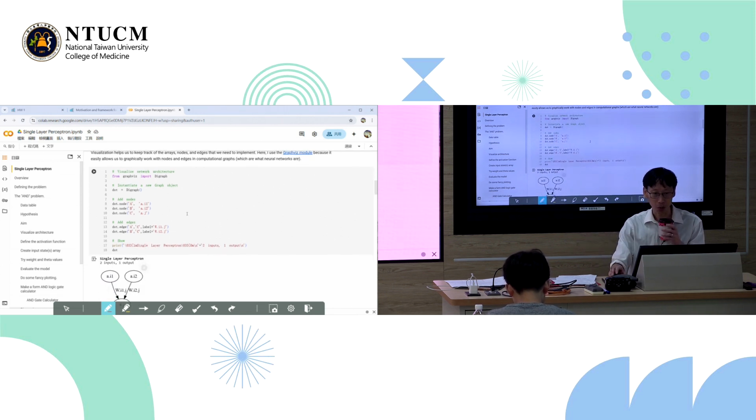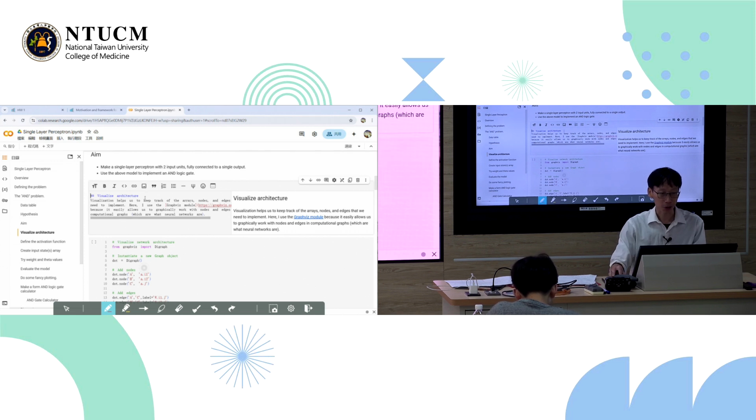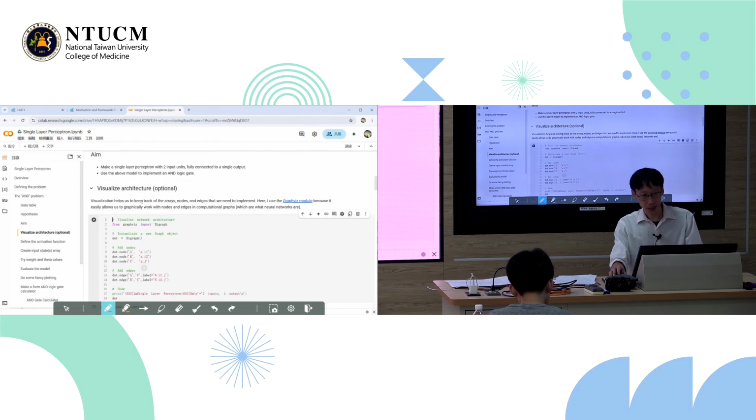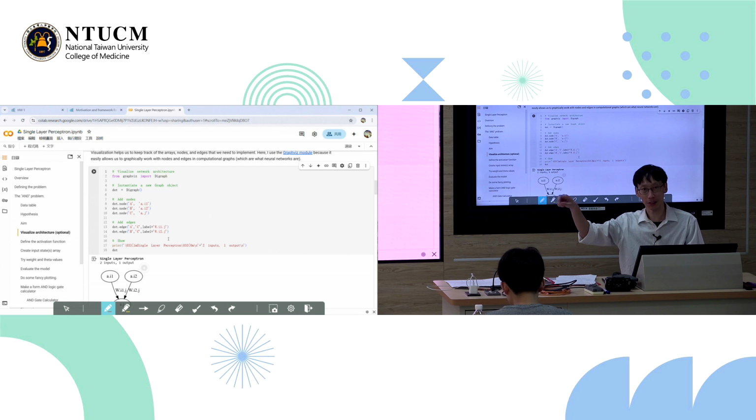This visualize architecture step is optional, but it does help us get a clear picture about what we're doing. You don't have to do it in code in this way. You can draw it out yourself if it is easier.